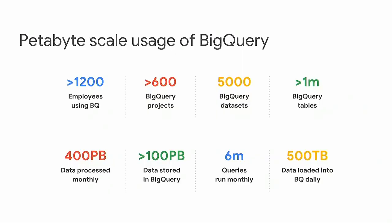So we use BigQuery to do that kind of analysis at a scale that we've never been able to do before. Right now, we have about 25% of employees at Spotify that are using BigQuery on a regular basis, either directly or through custom tooling on top of BigQuery. We process around 400 petabytes of data monthly and store over 100 petabytes of data specifically in